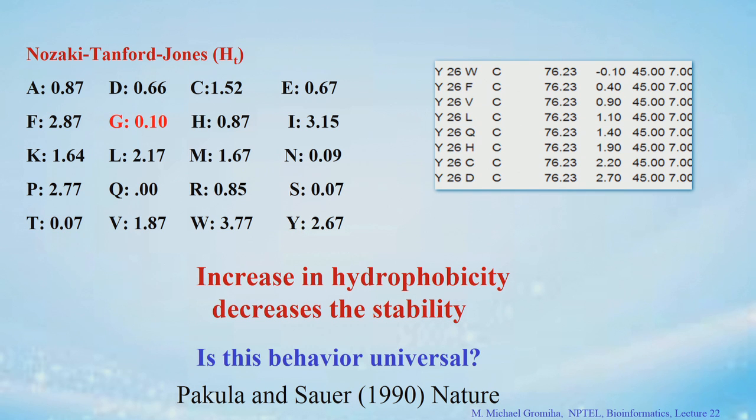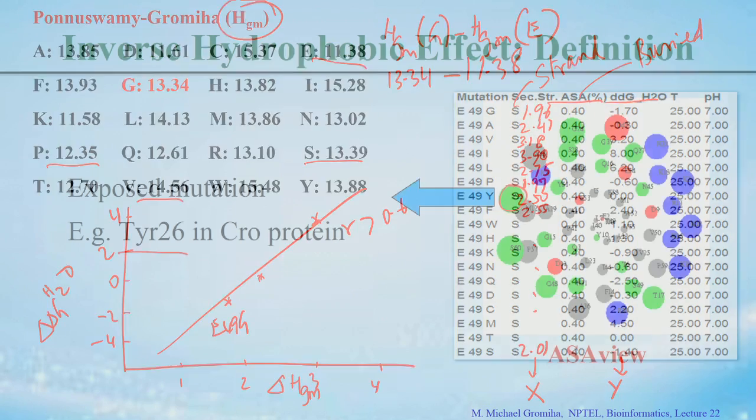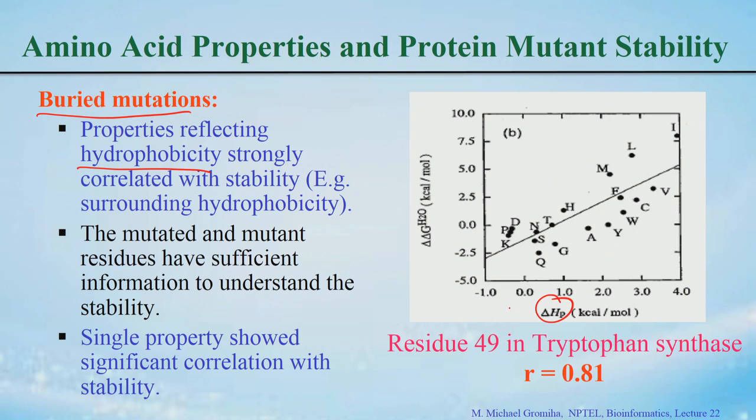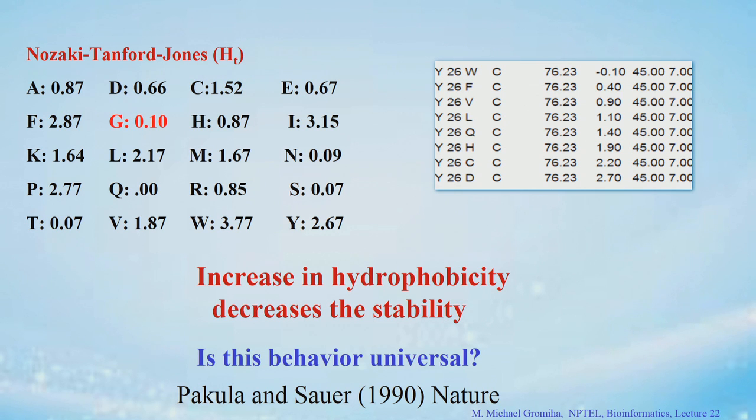Here, if you see the hydrophobicity scale, these are the values. Here also, I showed that we tried the HGM, this figure with the HP. In this case, if you use different scales, you can see similar behavior, a positive or a negative correlation. So, here you have these hydrophobicity values, and here is the delta G. Where is this located? Exposed, because the ASA, 76.23, is highly exposed, and this is in the coil region,